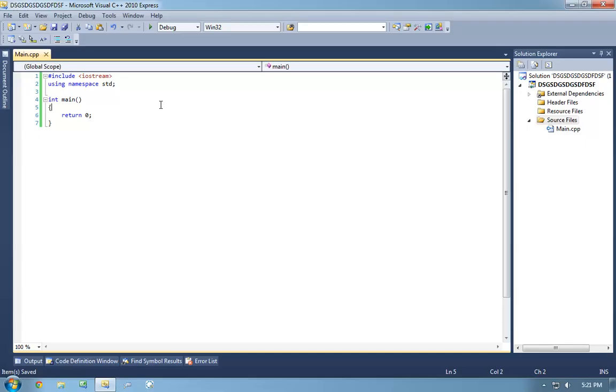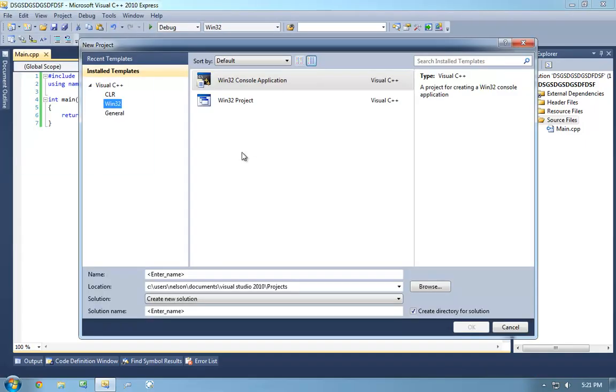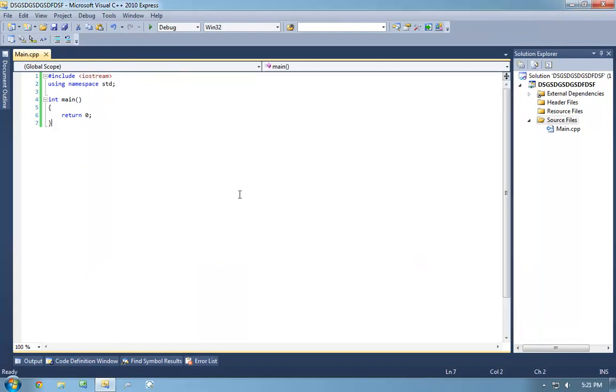Did I make an empty project? I did not. I made a console project. I went to New Project, selected a console project, and made that. And I told it not to add anything else. As you'll notice, there's nothing else other than main.cpp. This is the same format that we've been doing classes in C++ forever. Okay, so we're going to be talking about references.